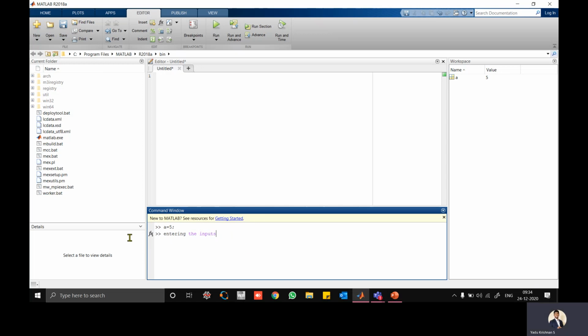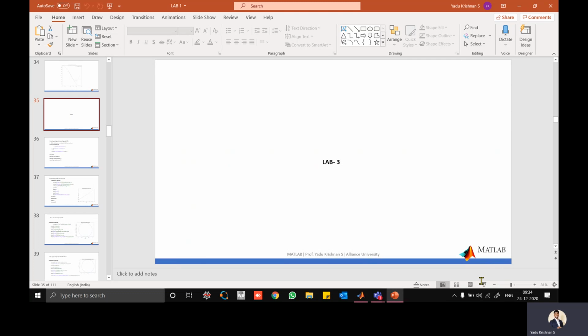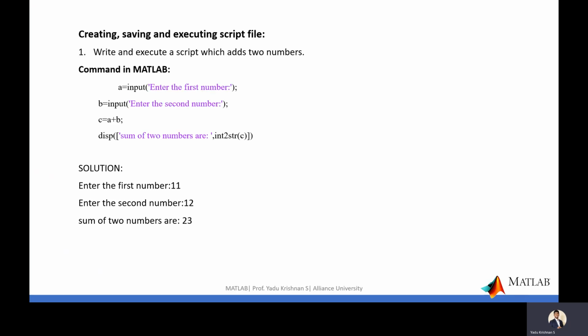So we'll start learning how to write a script file. Okay, we'll come back to that. So first we are going to write a very small program in the script window. So in the editor window, that is a script file, and you will be saving this particular file as .m. So .m indicates a MATLAB file.